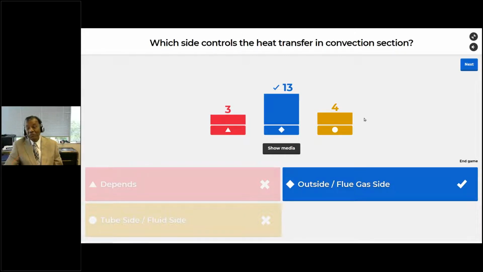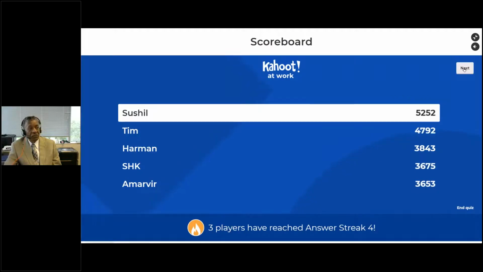Flue gas controls the heat transfer in the fired heater, I should say, not just in the radiant section, not just in the convection section, but in the complete fired heater. So it's the flue gas side which is controlling the heat transfer in fired heaters. And just remember that. So that is why when we